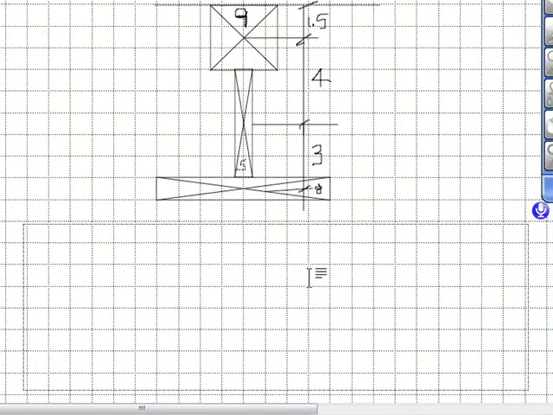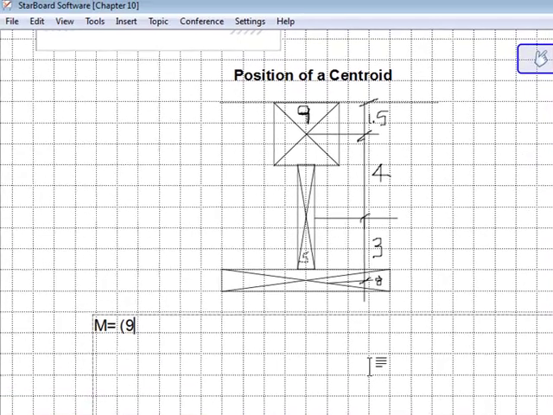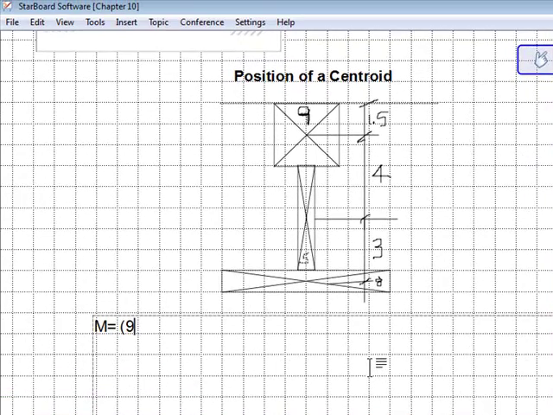So you're going to have your moment equals your 9 square inches times the distance 1.5, plus the next one, which is going to be 5 square inches times 5.5,